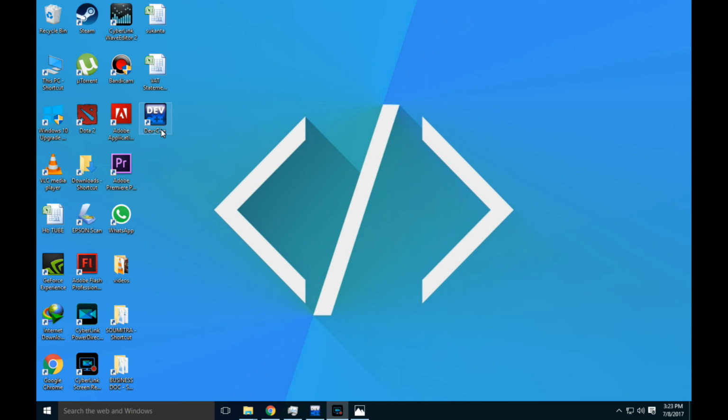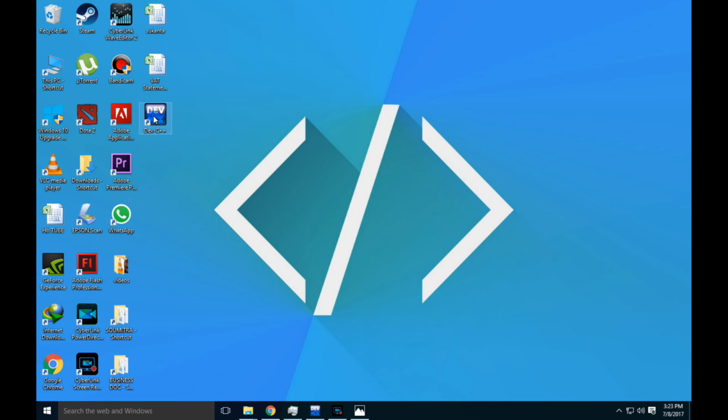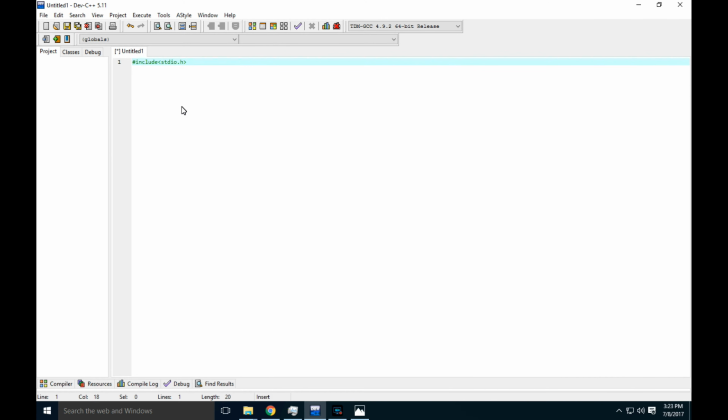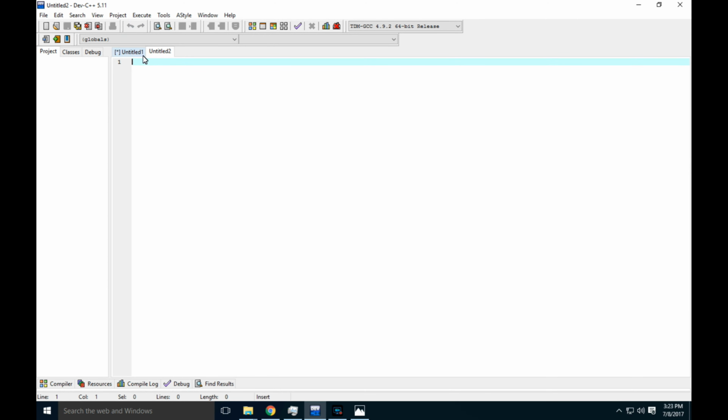For a C compiler I prefer to use Dev C++ because I'm comfortable with it. The link for downloading Dev C++ is given in the description. First open Dev C++. Then go to File, New, Source File. It will open a new writing place where we're going to write the code. Today we are going to discuss how to write the code that prints the Fibonacci series up to a number